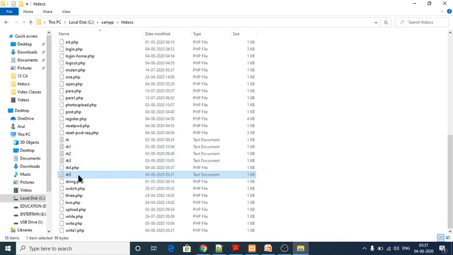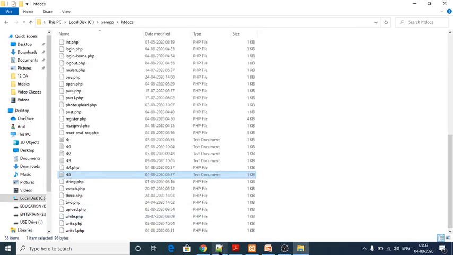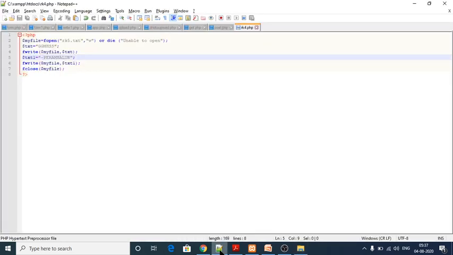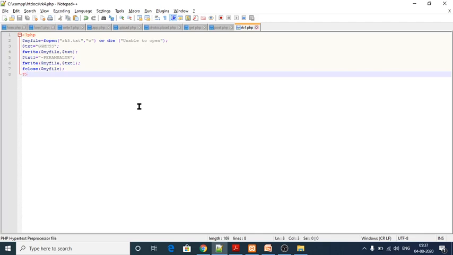And again I'm going to open this one, RK5. With the date itself, it's coming over there. So yes, RK5, what I have given, that would be opened, and these write files would be written in that particular file in my local host itself. Okay, next one we are going to see append a file.